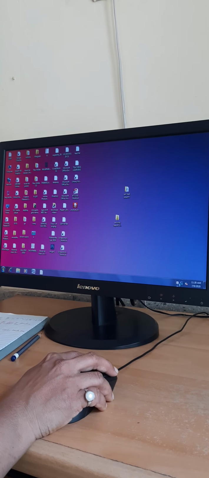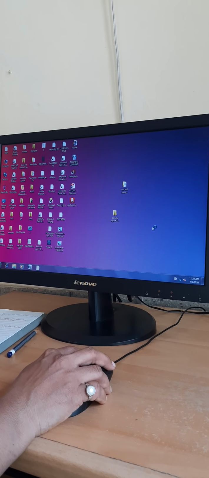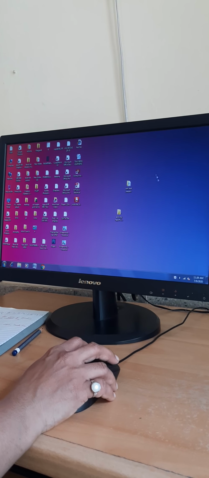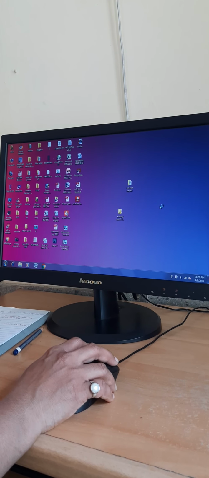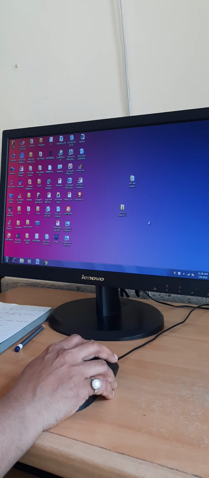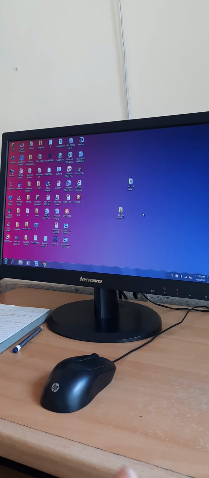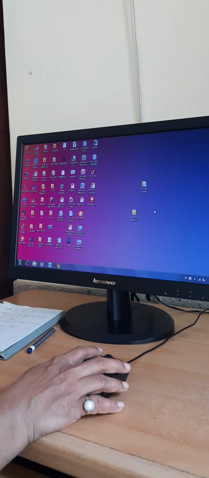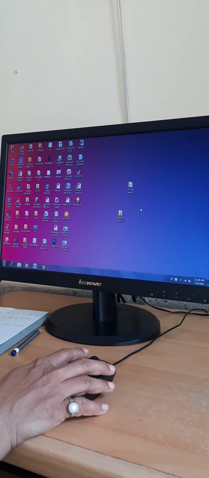Here also you can see right now the circle is coming, meaning we cannot start working right now till it has stopped. Now it has stopped, so we can, still it is going on. We will wait for a few seconds. Now it is ready and we can start working. So this process from switching on the CPU till it is getting ready is known as booting, and the symbol that we saw earlier was the Windows flag.